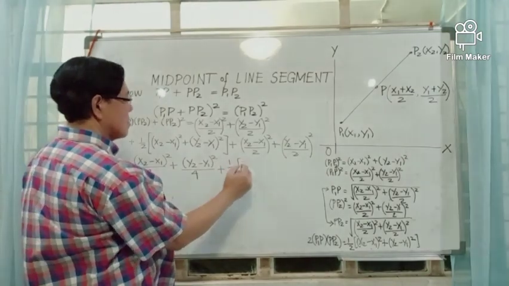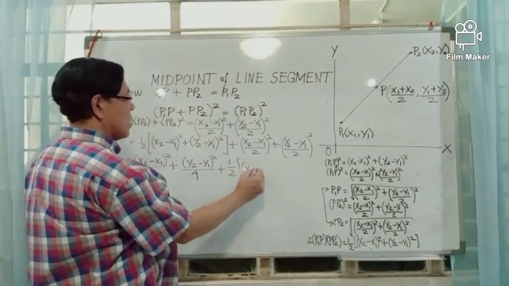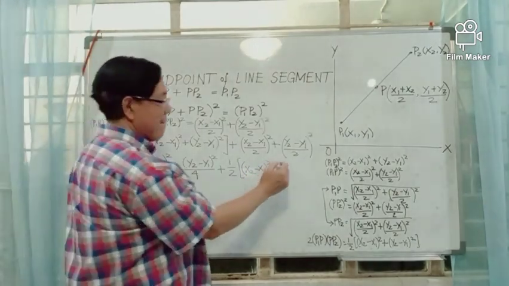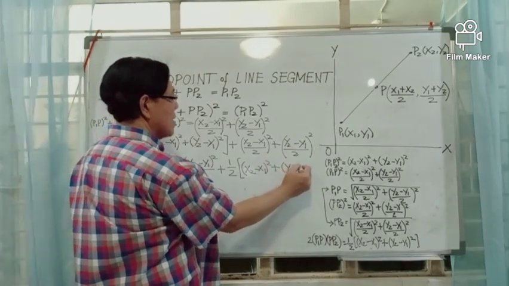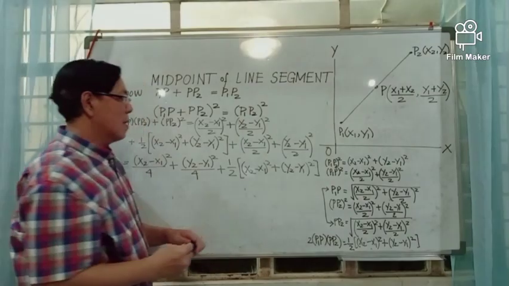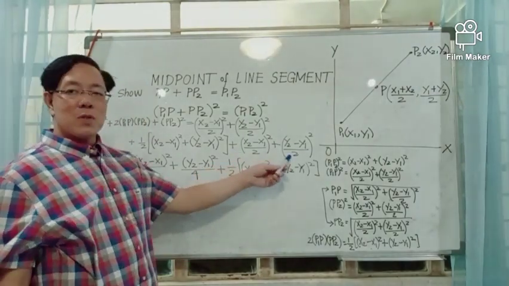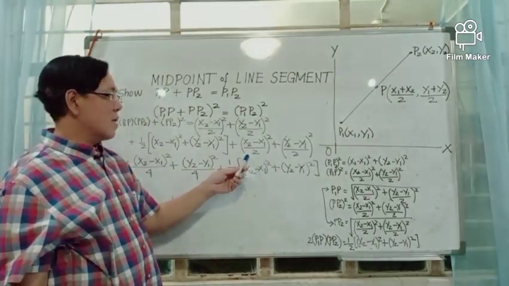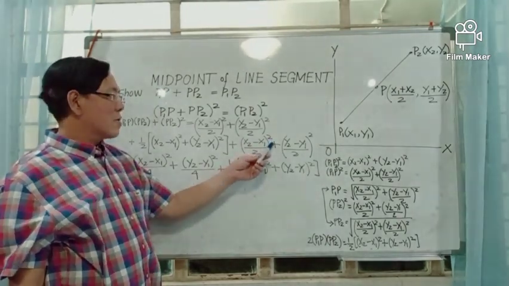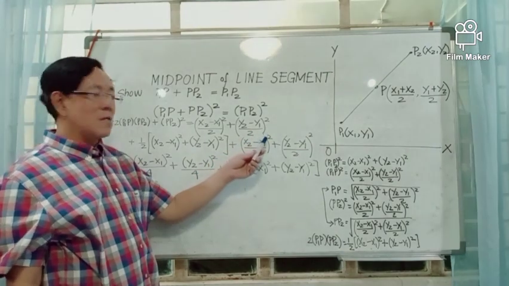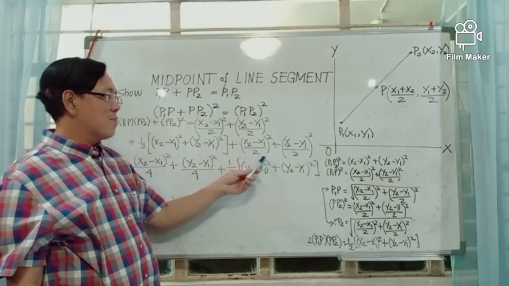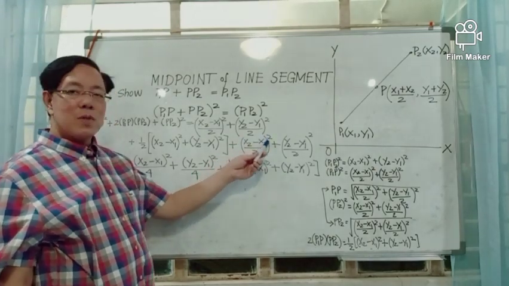1/2 times the square of x2 minus x1, plus the square of y2 minus y1, plus the last two terms, which can be simplified by applying the property of exponent. The square of this quotient equals the square of the numerator divided by the square of the denominator. So this term is equal to the square